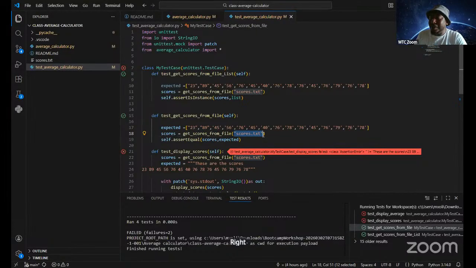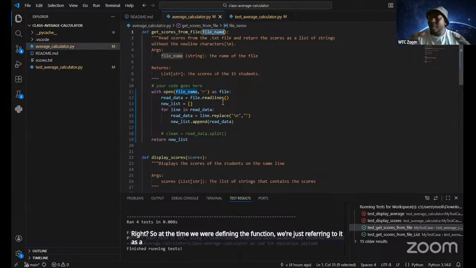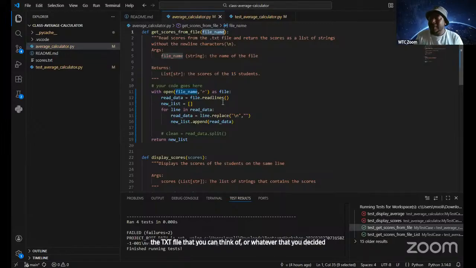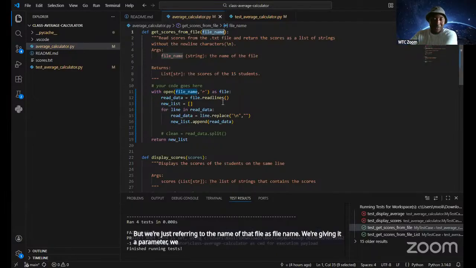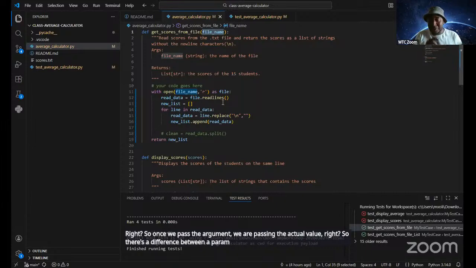When we are testing for the scores and call the function, that's where we pass the actual file name. At the time of defining the function, we're just referring to it as a file name. This function can be reusable for any .txt file, whatever you decide to name it. So there's a difference between a parameter and an argument.